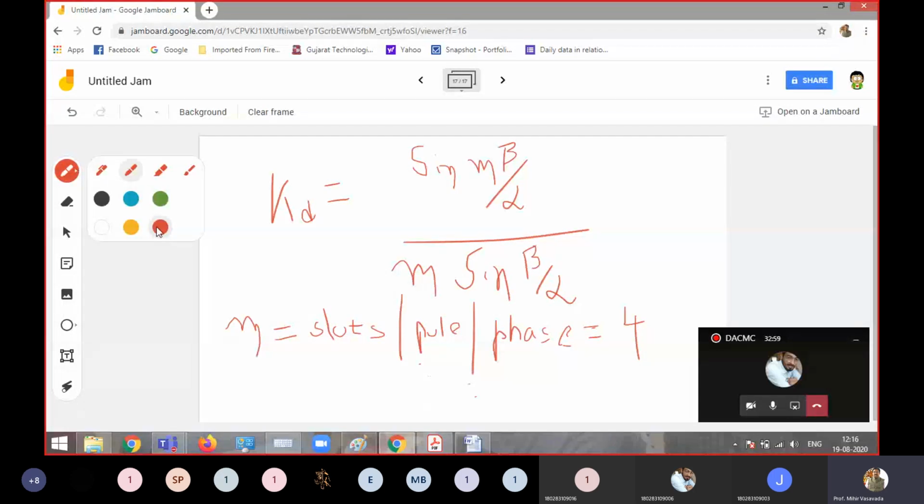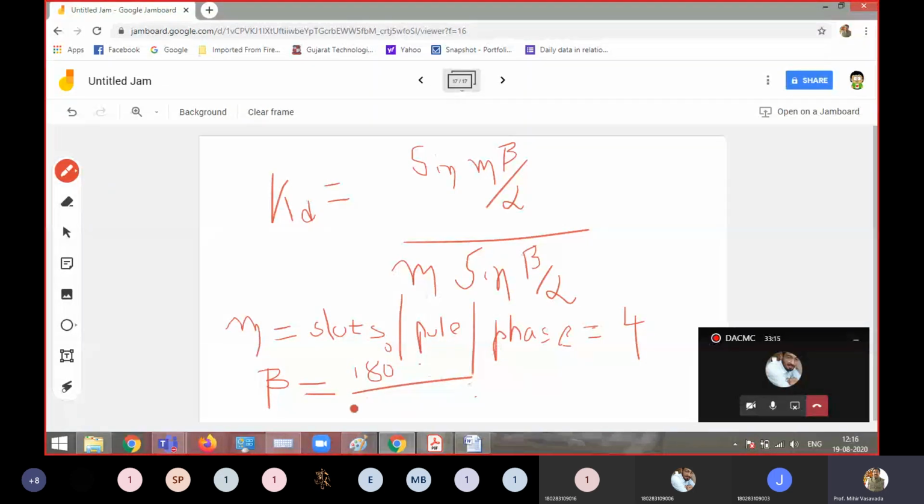It is given by the equation 180 divided by the number of phases, or slots per pole. 180 divided by slots per pole. And they are using some n or some word, I forgot that. But it is 180 divided by slots per pole. Should I write in the chat box to avoid confusion? Has everyone got the idea?